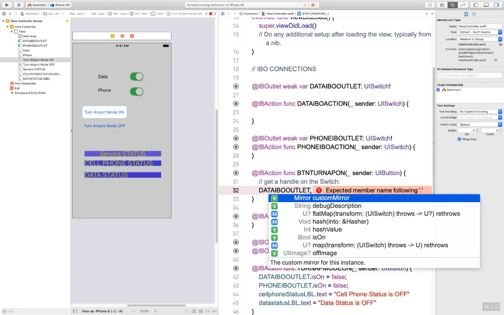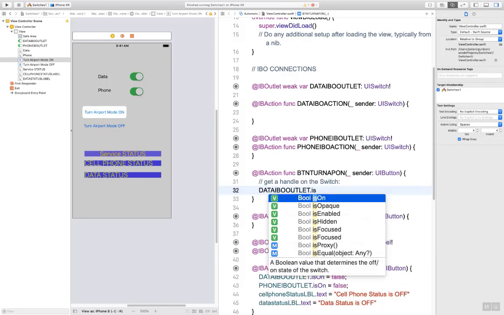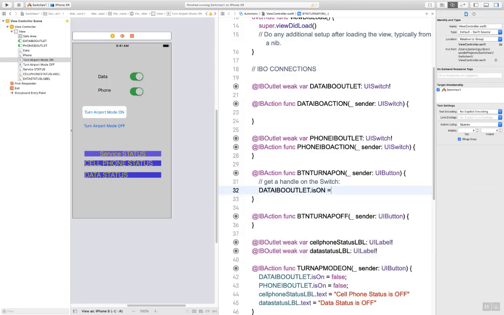And now we want to turn it off. It may already be off, I guess. Later we'll put in logic to check that. But we'll say isOn equals false. Because when we turn on airport mode,